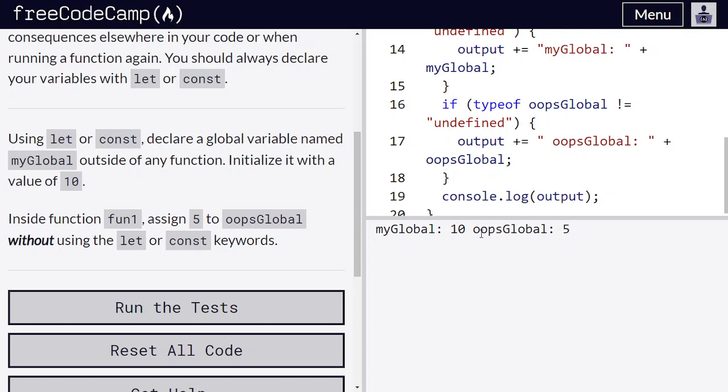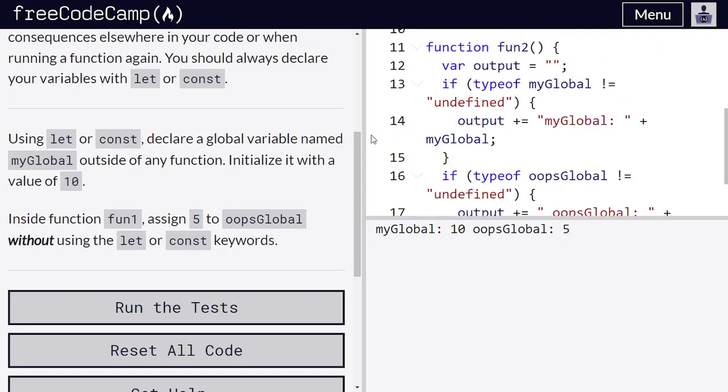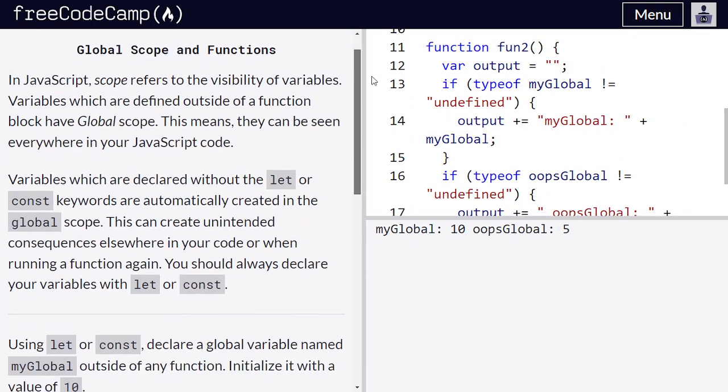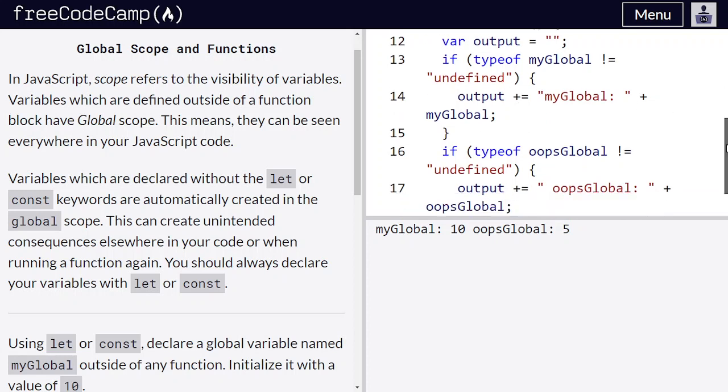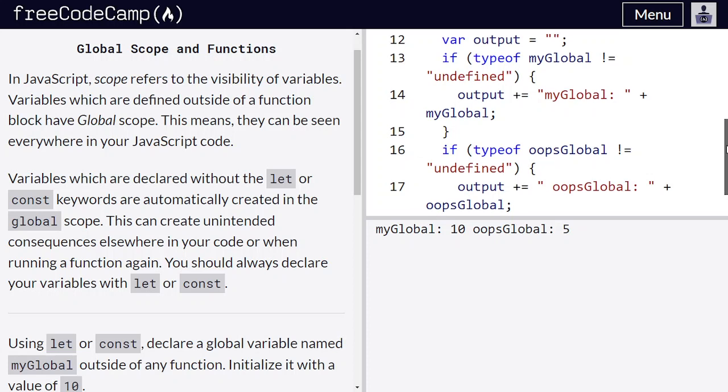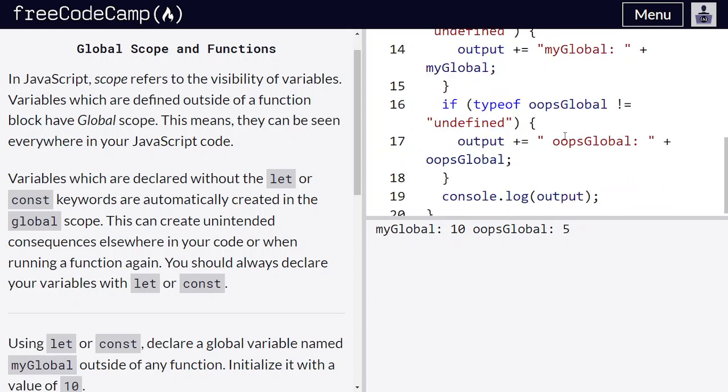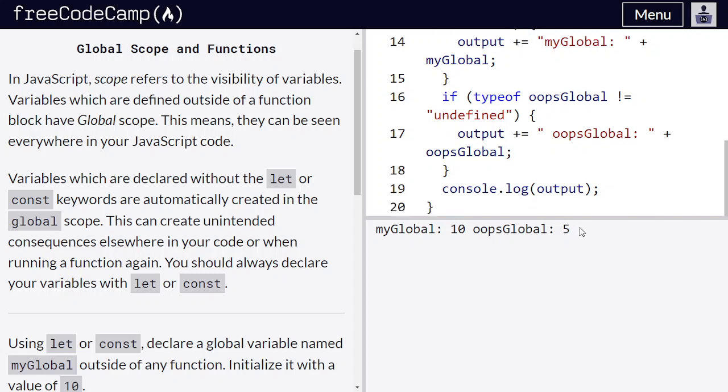It is defined, and it is not a type of undefined, because we have already learned that if variables are not declared with the let or const keyword, they will automatically be considered as global scope. So here I think this program will consider that oopsGlobal to be global scope. So here it won't be equal to undefined, so we'll be getting output oopsGlobal is equal to this. So we are getting the value of both.